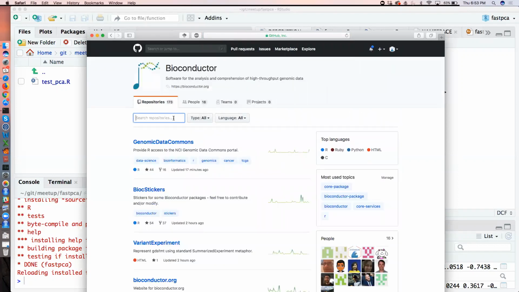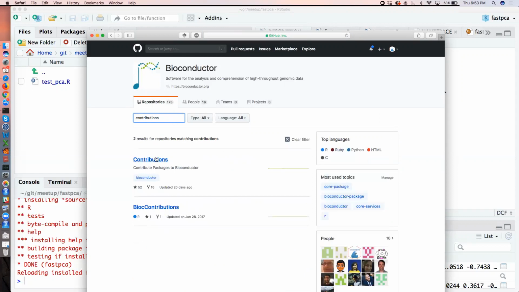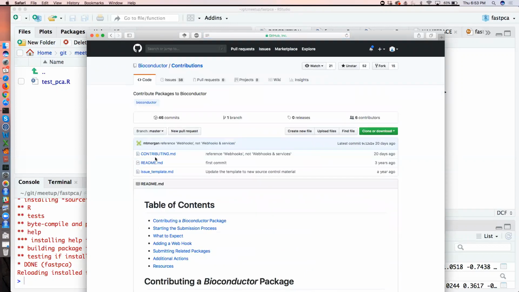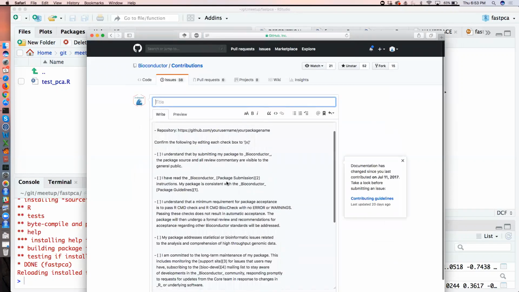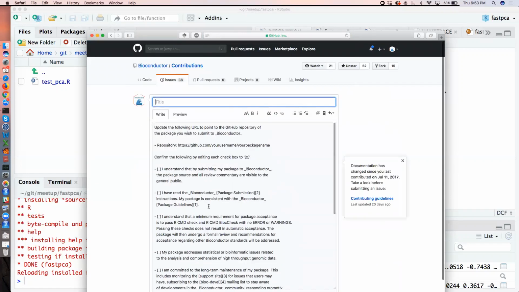And among the repositories, you're going to see contributions. And to contribute a package to Bioconductor, you create a new issue here. So you create a new issue, and it's going to be already pre-populated. And basically the only thing that you need to do, well, you have to do a few more things, but